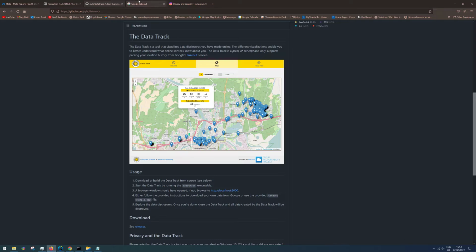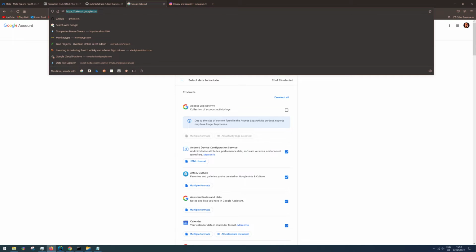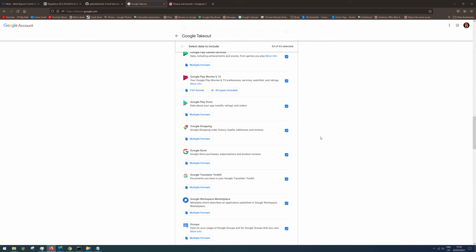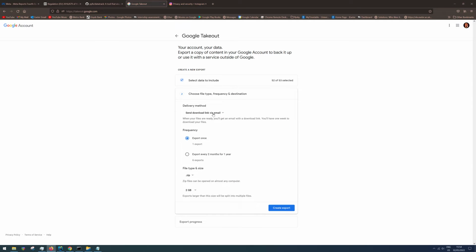I'm now going to show briefly how a user can go about obtaining their data from two companies, Google and Instagram. So for Google, a user can simply go to takeout.google.com and select the services which they wish to export data from, and choose how they'd like to download it, whether they want it sent to the email or get it on cloud, how frequently they would like to download it, or if it's just a once-off, and the file type that they would like. And then once you click Create Export, Google processes your request and sends you an email link